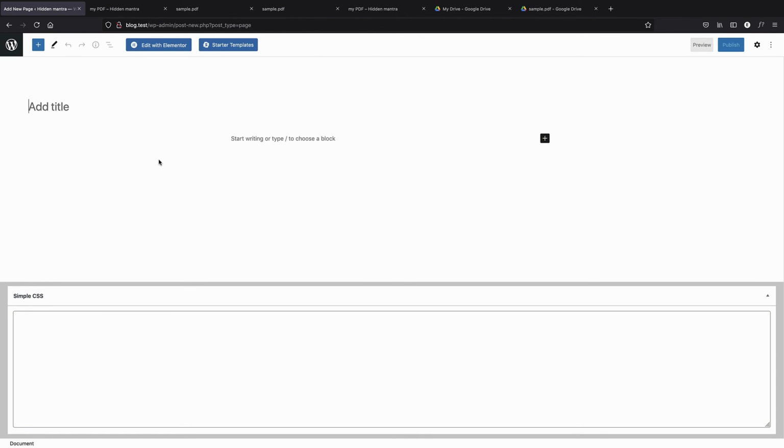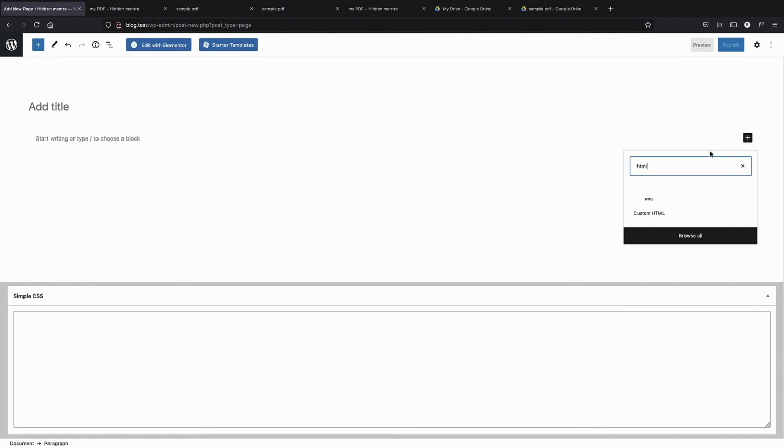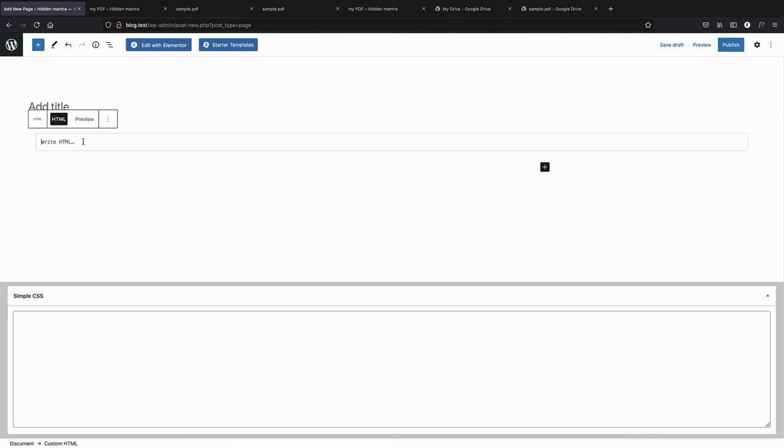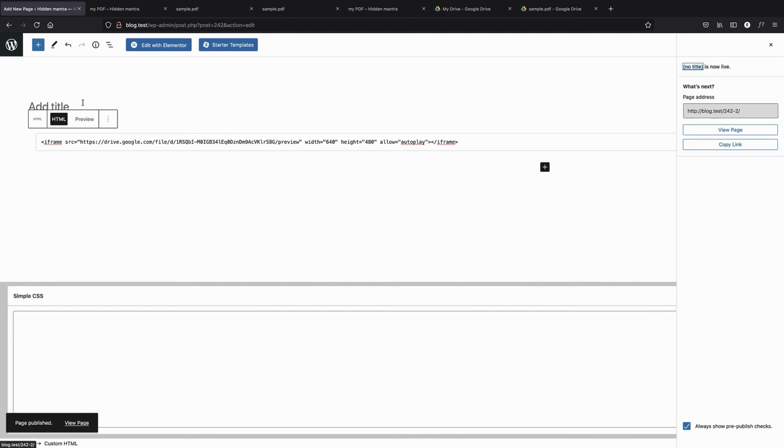Now if I click on add block and search for HTML, and you get this HTML block in any page builder, so you can use that. And if I paste the code here and publish this,